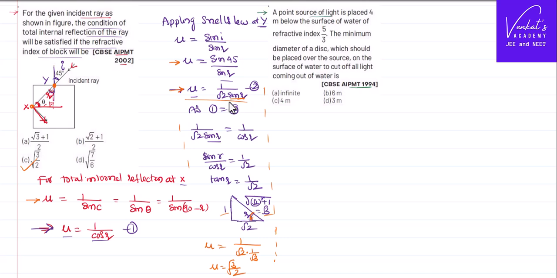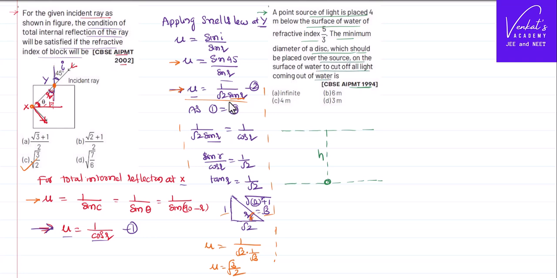A point source of light is placed 4 meters below the surface of the water of refractive index 5/3. So what happens is, there is water, and a point source is placed at a depth h. This is the point source. The refractive index is given. What is the minimum diameter of the disc which should be placed over the surface of the water